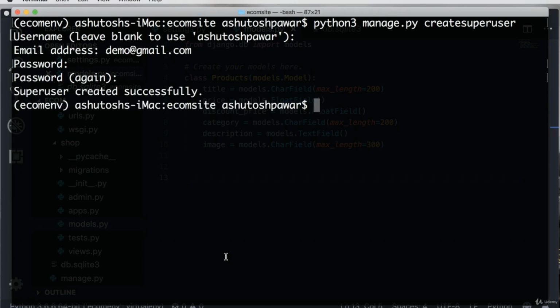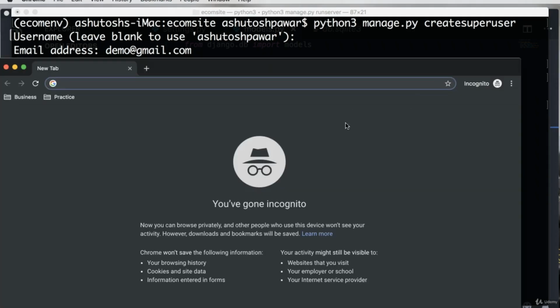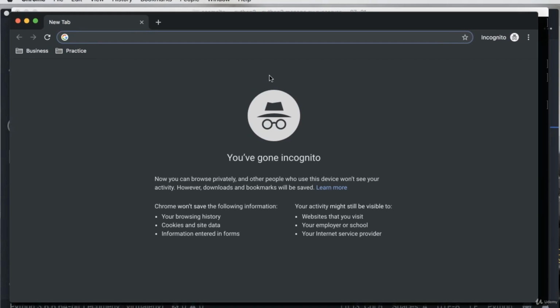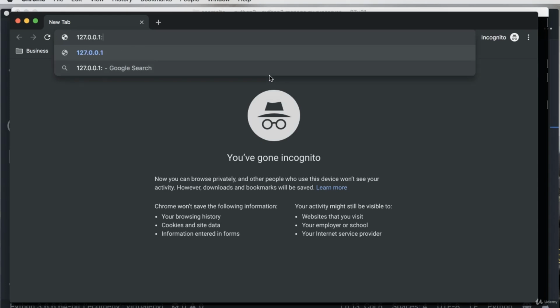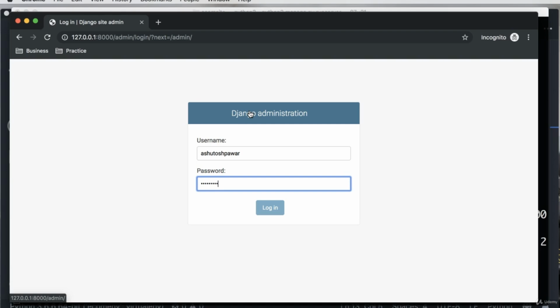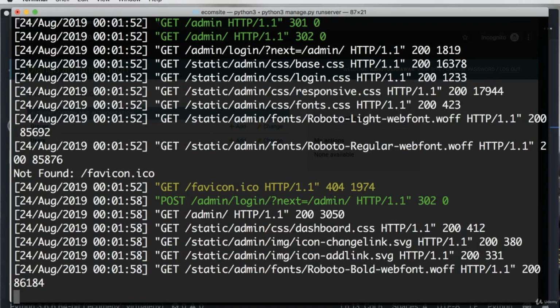Okay, so now let's go ahead and run the server. So python3 manage.py runserver, and let me open up the browser window, and in here let's log in to the admin site. 127.0.0.1:8000/admin, and let me just log in. And now, as you can see, we don't have our model right now